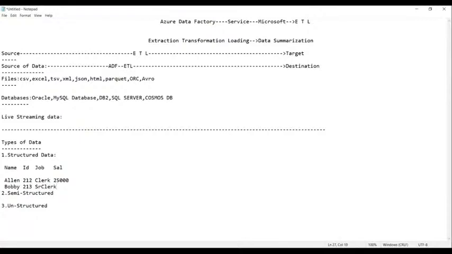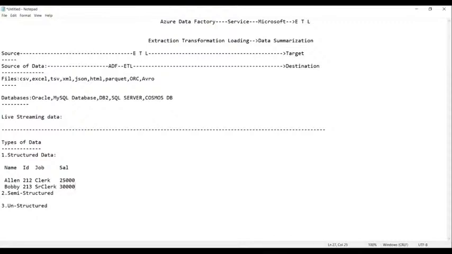Senior clerk is the job. Okay, guys. And then we have the salary here. Let's make it 30,000.